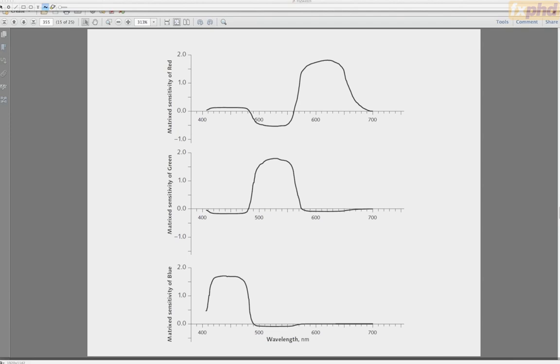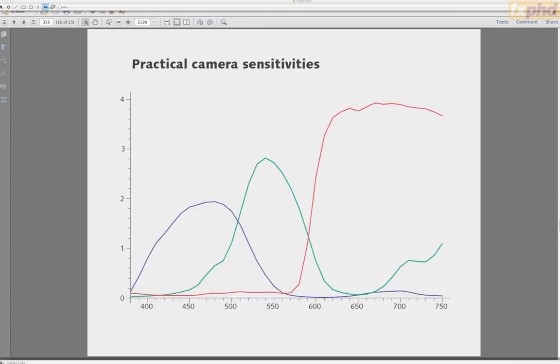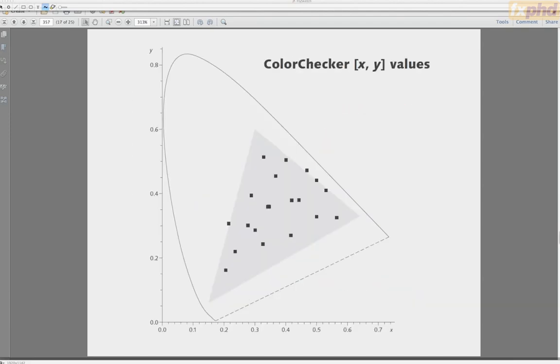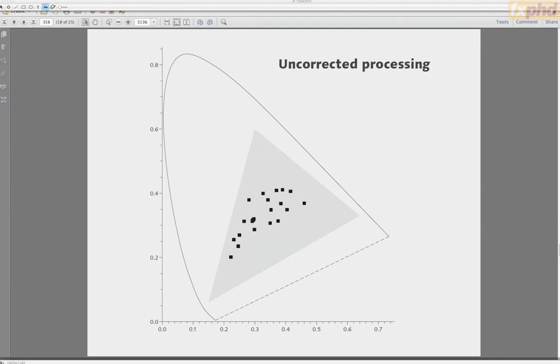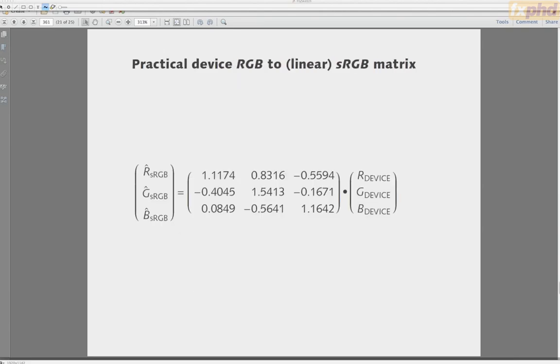And basically, let me give you the really quick summary. You start with your camera sensitivities. You look at a color target in the scene like a color checker. You see where the color checker gets mapped according to the device curves, and you do some mathematics to move those colors to the correct places. And you end up with a matrix like this. So this is the sort of 3x3 matrix that you find in an IDT. And we'll talk about the details of building that IDT next class, because we're at the top of the hour.